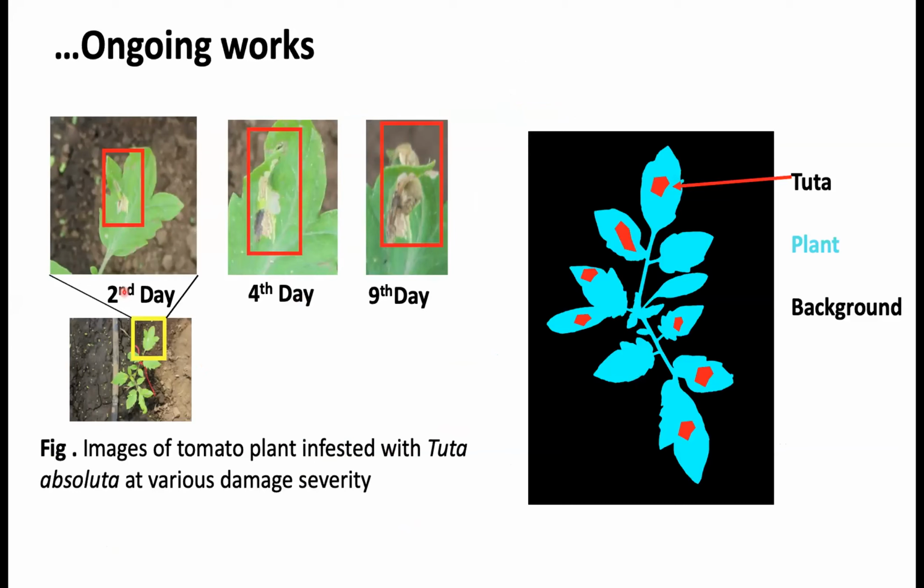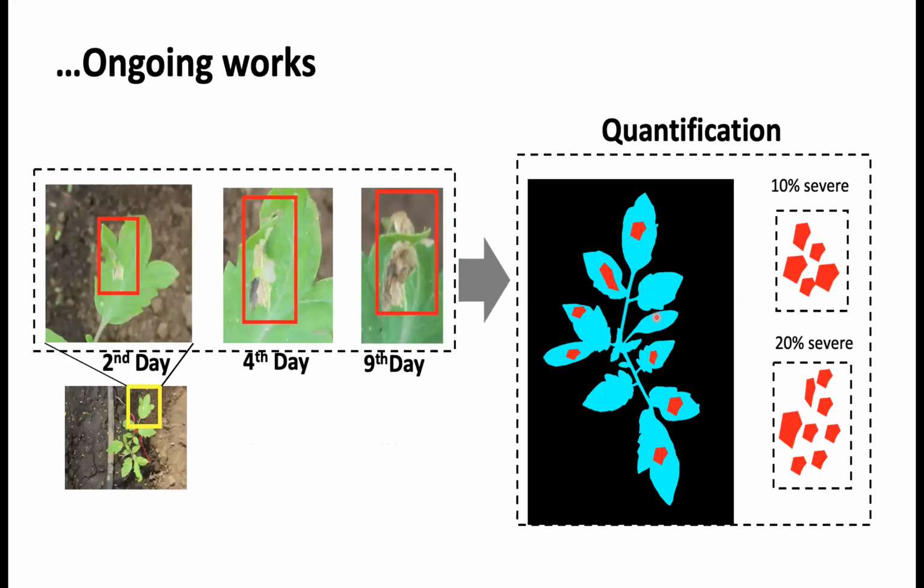If you see here, it's the second day, and this is the third day and the fourth day, just zooming in onto one leaf. And we have many of them, as I've tried to show in this masked out image here, where, for example, the red shows the tuta, the green is the plant, and the black one is the background. In such a scenario, the quantification I'm trying to describe is that within this photo